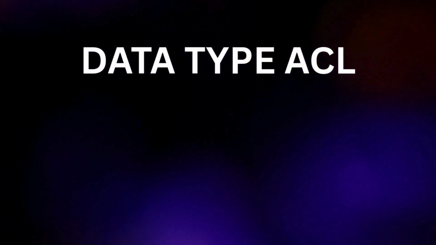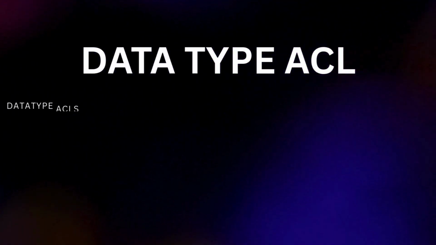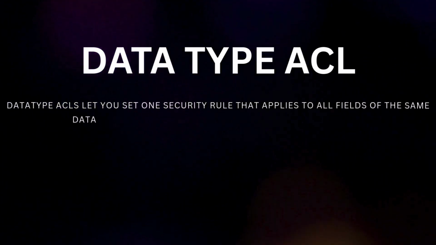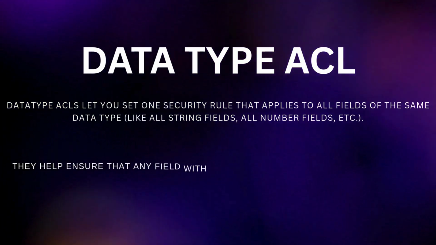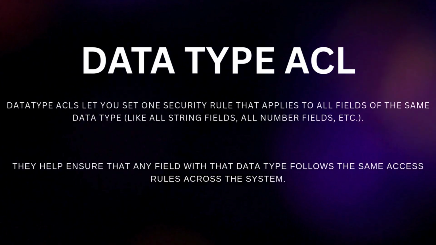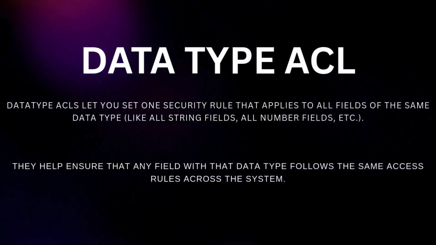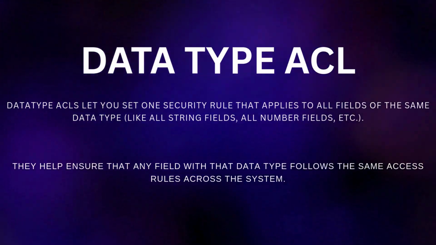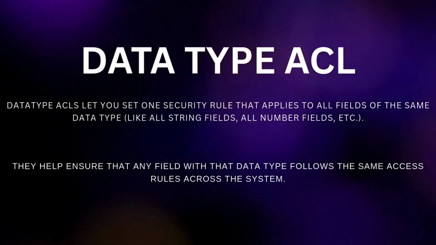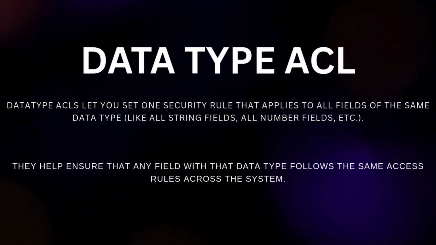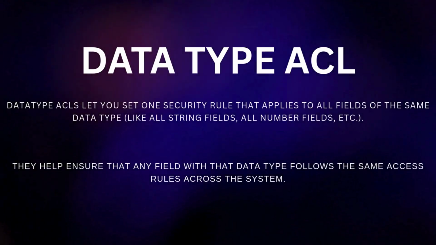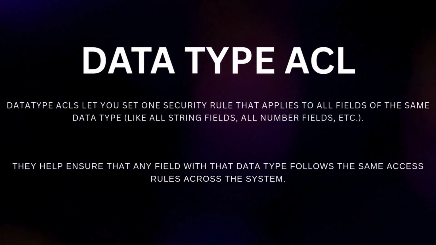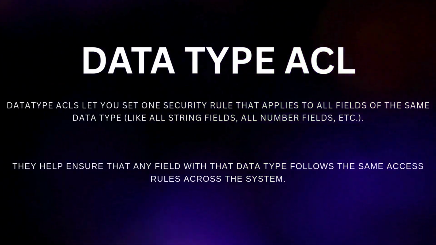In addition to the existing types of ACL, ServiceNow introduced a new type called the DataType ACL. As the name suggests, it works based on the type of field, allowing you to apply access controls across all fields of that type. In ServiceNow, a DataType ACL lets you control access to all fields of a certain type, like text, numbers, or references, across your tables. Unlike regular ACLs, which only protect a specific field, all fields in a table, or fields with a certain name, DataType ACLs make it easier to apply security rules consistently across your instance.